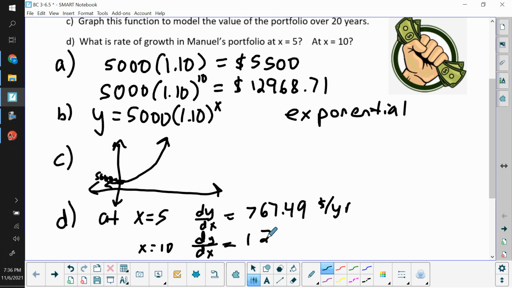And we should get $1,236.05 per year. So that's just a tool we have on our graphs page of the calculator to actually find what our derivative is at a given value of x. So if we move over to the next page,